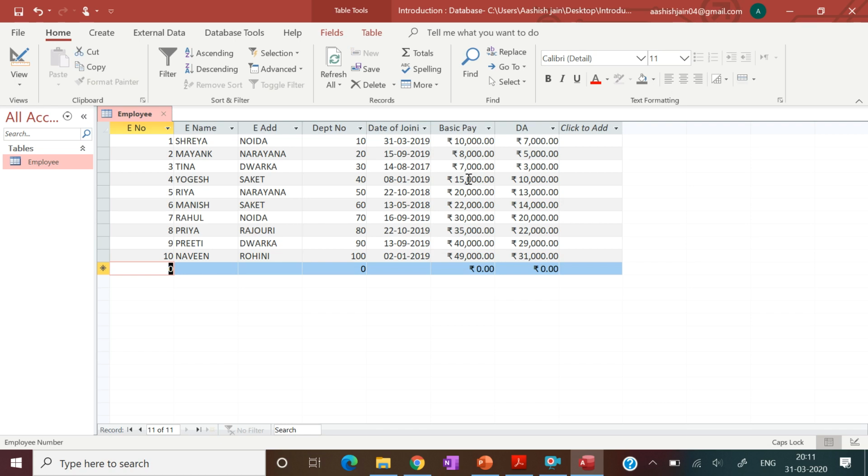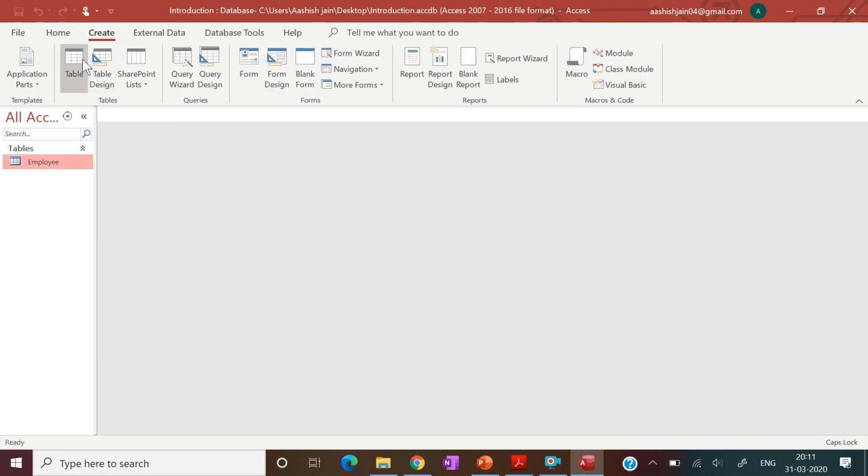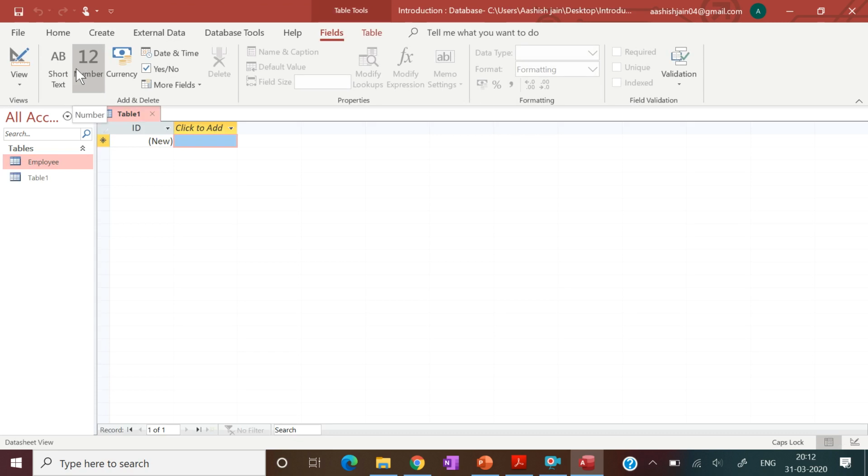Okay. So now let's create another table. Now you need to keep the basic point. Before creating any table or any kind of relationship, we need to close all the windows. In windows, in the sense, all the tables. This is the first one we have created, and it is open. So before creating any table, we need to first close this table, and then go to create, and then click on table. Okay. Now this is showing table one.